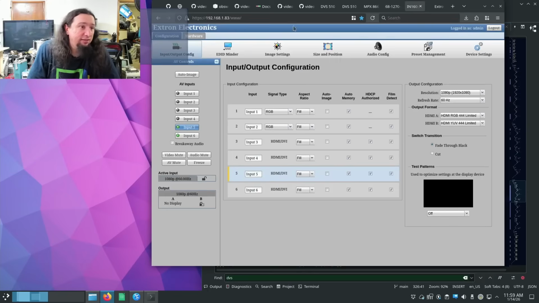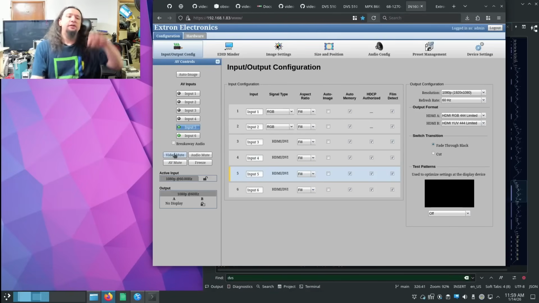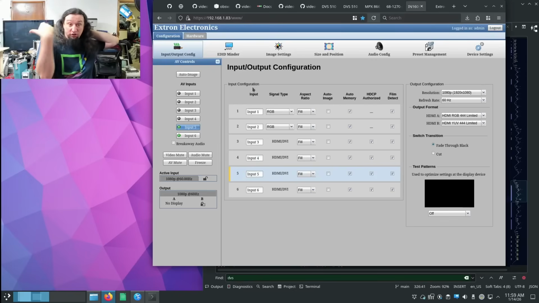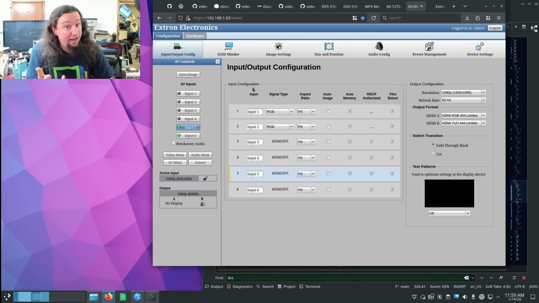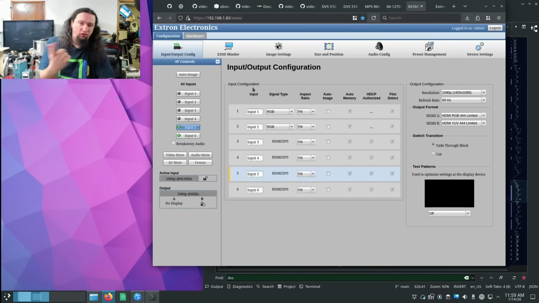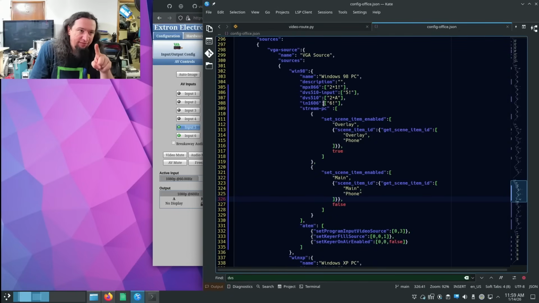Now, the IN 1606 has an option to fade to black, and we can also do a video mute or not. It would be really cool to be able to fade to black, and you can do this on the ATEM as well. Fade to black, do the switch in the background while the video is not being sent out, and then fade back to the video and display it after you do all your switching stuff. The one thing I have not implemented in this is the ability to call the same video controller twice in one action, which is kind of a hack job that I did here,